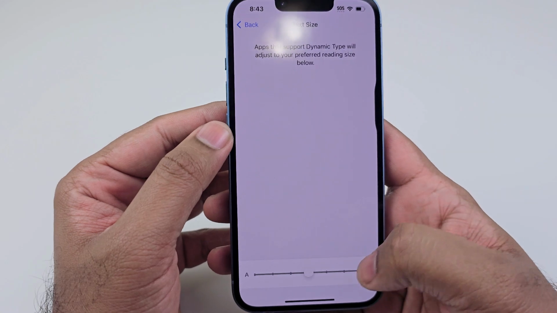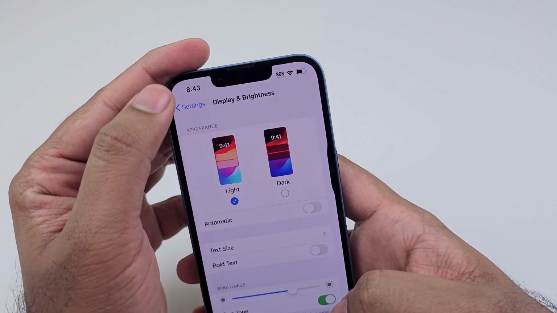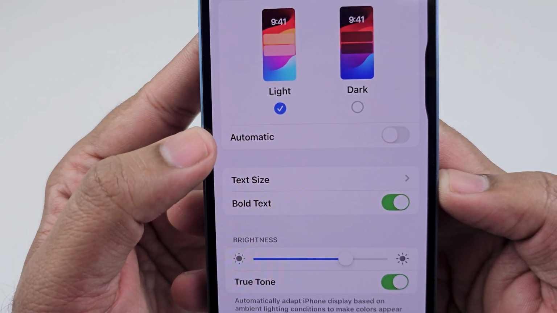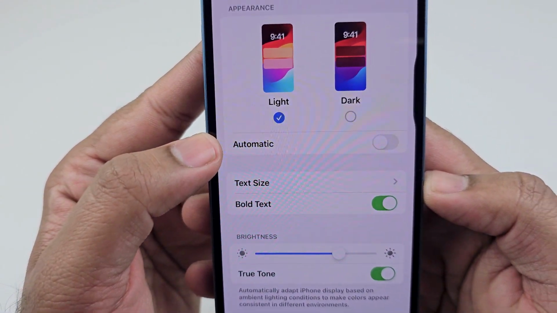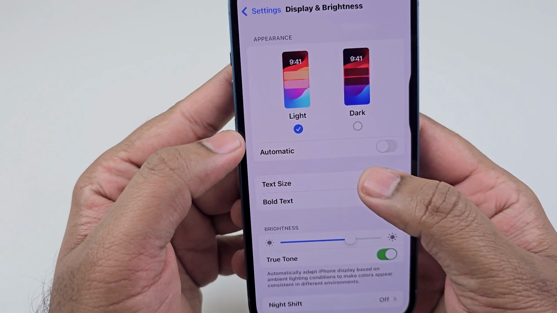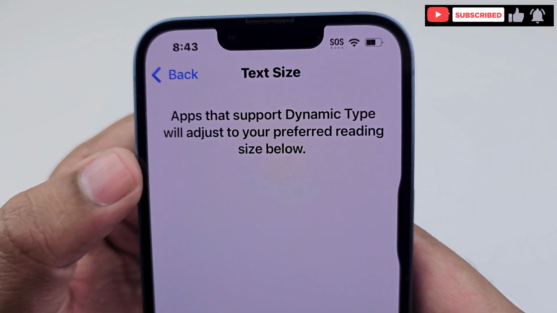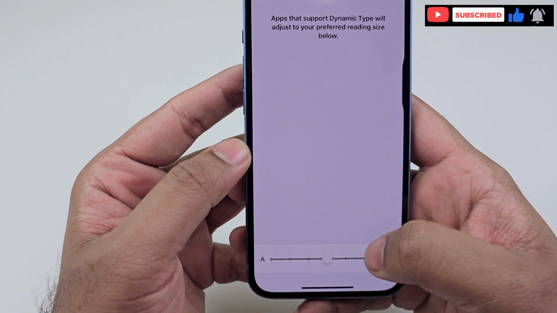So let's put it into the middle again and go back. And if you hit this thing, the bold text, everything will be in bold. So you'll see, I mean, it is more visible. So with the bold, you can just look at this. It is more visible and easy to see. So that's how you can